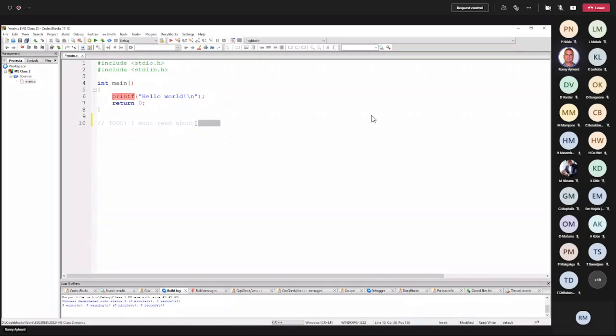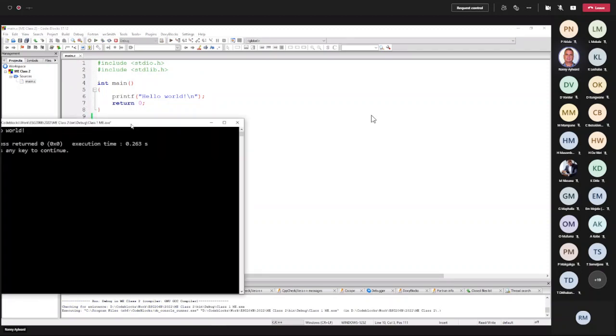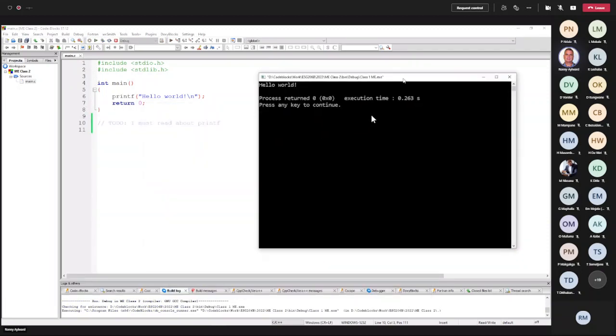Whatever additional information you want to add to your code, which is not code, we do with a comment, 2 forward slashes. So when I compile and run, you will see that the output has not changed, there are no errors due to that.